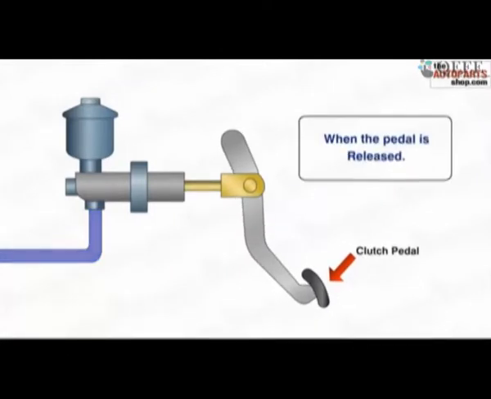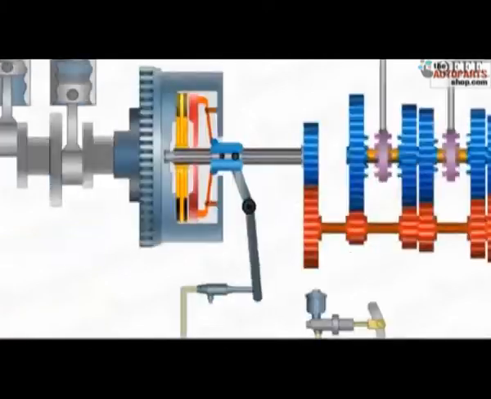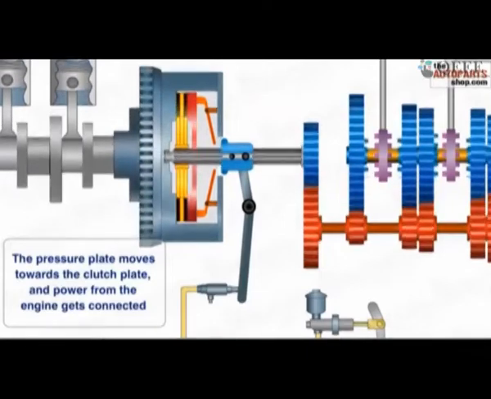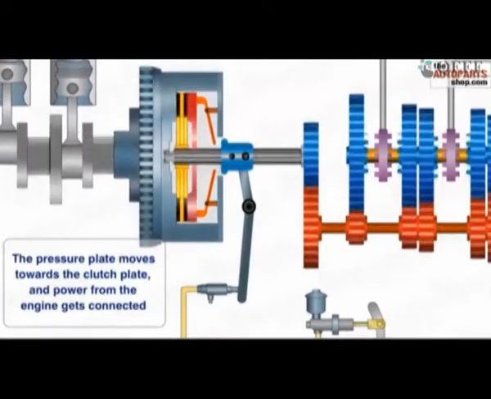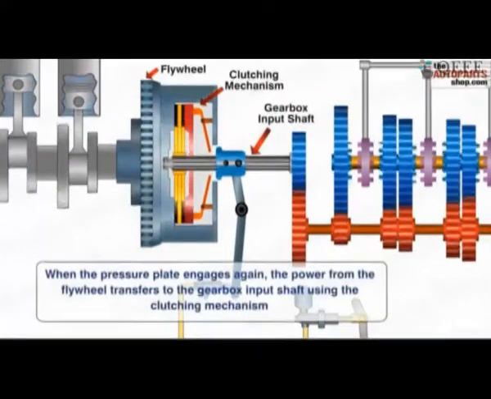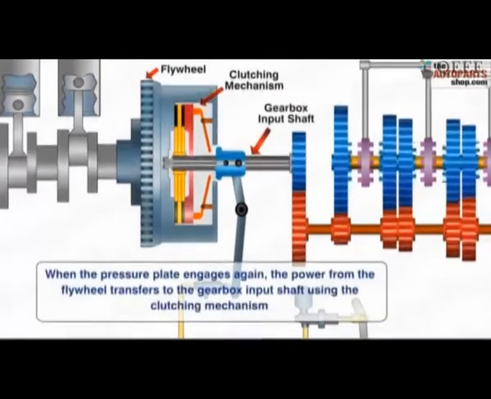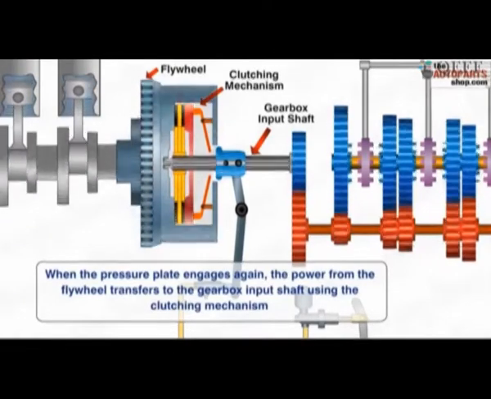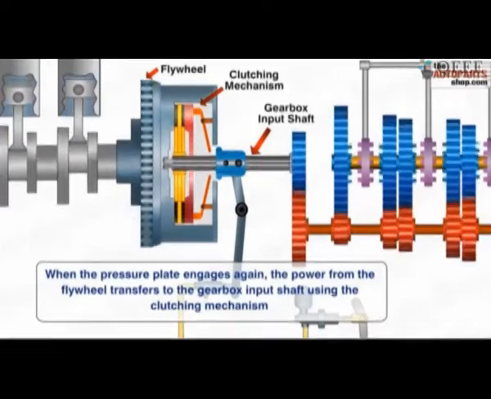And when the pedal is released, then the plate is engaged, and now you get to see that the power is getting transmitted. So all of these gears are rotating when the clutch pedal is released or the clutch plate is engaged. So from the clutch we have the gearbox. This is basically where the transmission starts. So this is the input shaft of the gearbox, and here